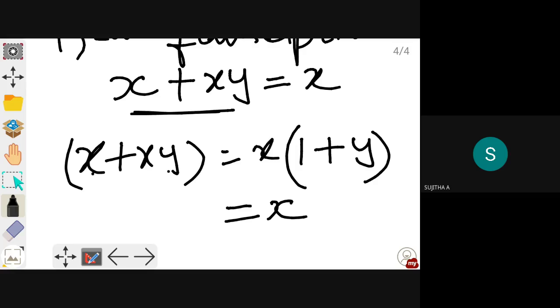So your x plus xy can be directly written as x. So this law is known as the absorption law. So we have the absorption law, distributive law, associative law, commutative law, and involution law. So the next theorem is